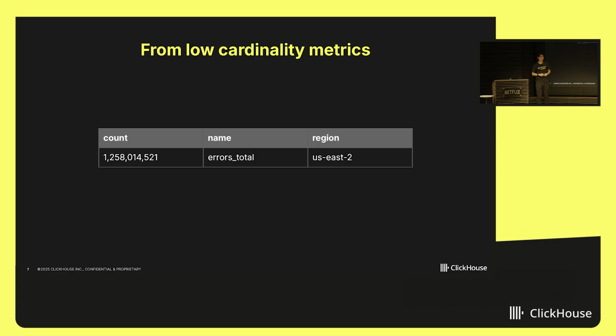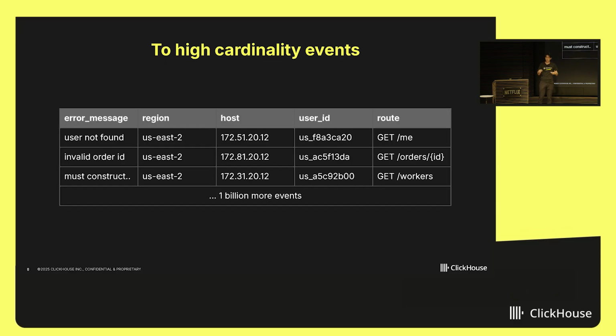A more concrete example of why this is a little bit limiting: say you woke up in the middle of the night, there's a bunch of errors going off because one of your metrics for errors is going crazy. You don't get too much information about why this is happening. You just get to know, hey, there's a lot of errors, and you get some low cardinality information like the region, maybe the node, and some other information. But you don't really know why it's happening. And then you might hop to your search database, for example, and in your search database, you're going to get billions of results.